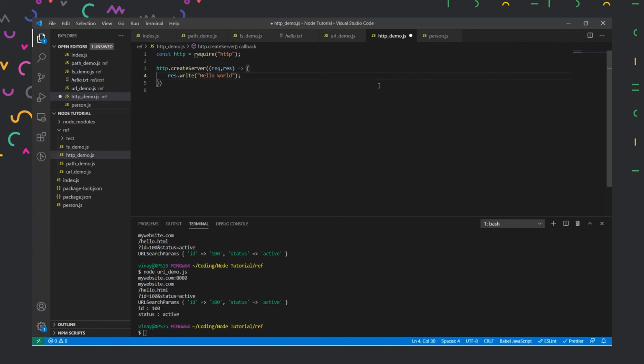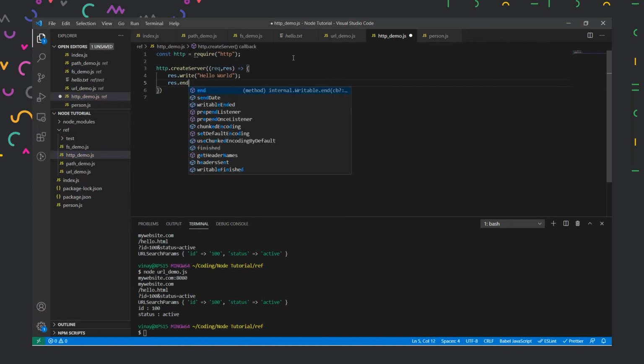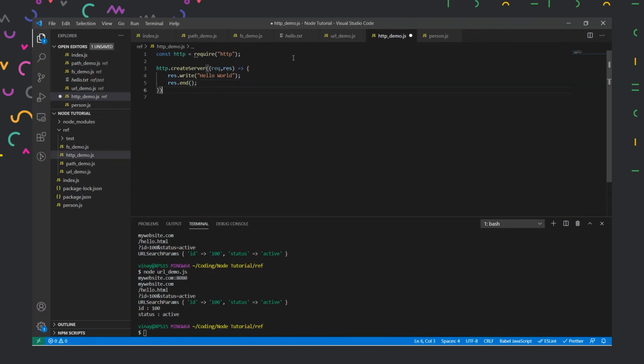And then every server should return something, or it should end at some point of time. So after running all this, it will end the complete response itself. So we'll just put the response has been ended by using this command. And then the dot create server will also look for where it should actually give the output, to which API call should it give the output.